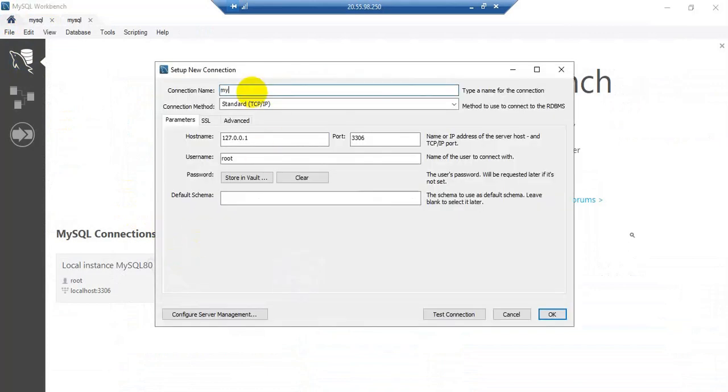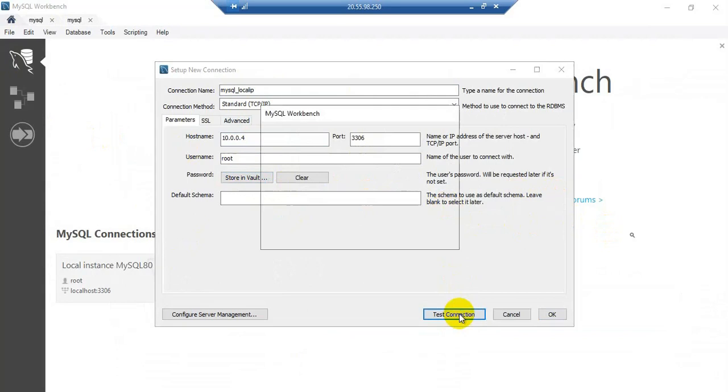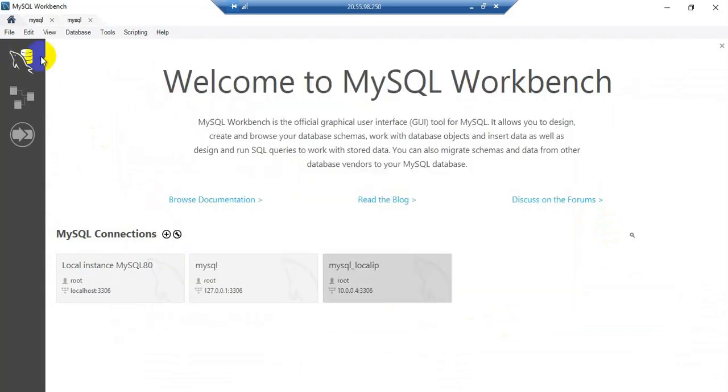Let me give an example here. You can mention MySQL, the local IP, and we can give the IP 10.0.0.4, and you have to give the password. Yeah, it got connected. We're connecting from its own host, so it got successfully connected,